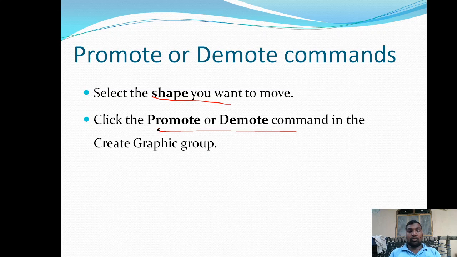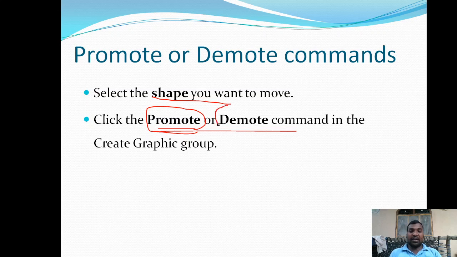Here the definition of the promote and demote commands: the promote command means that particular shape will be moved towards the root, one level up.